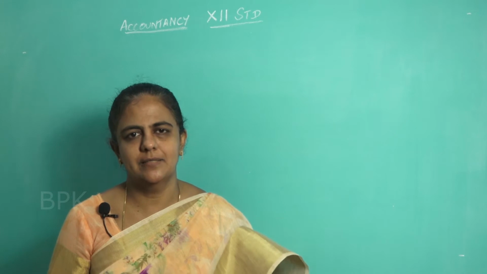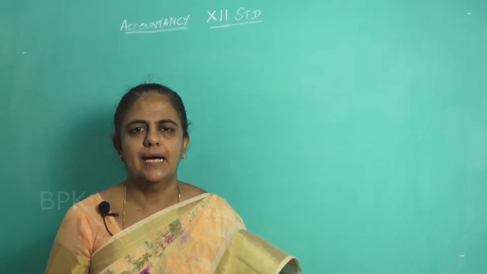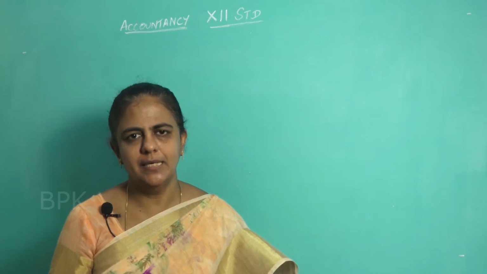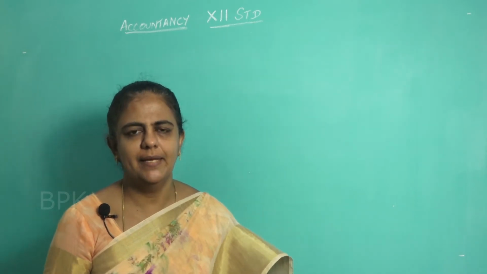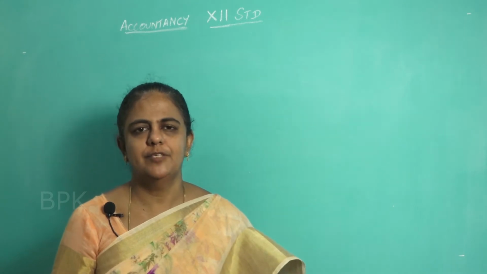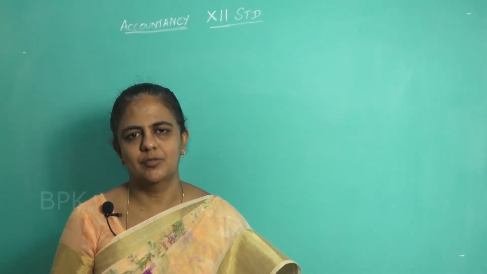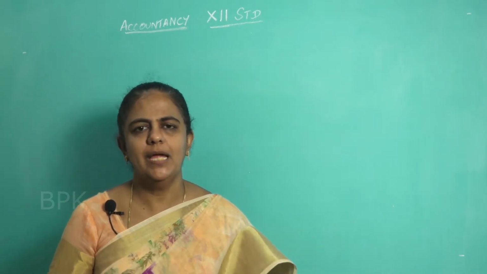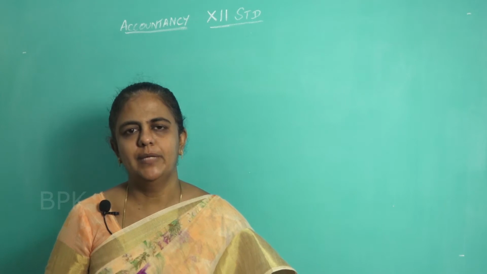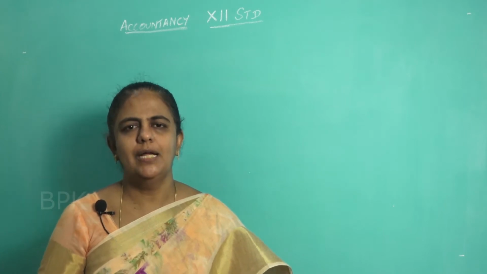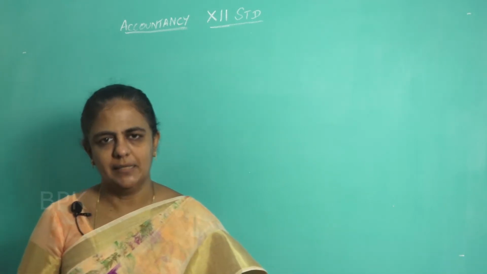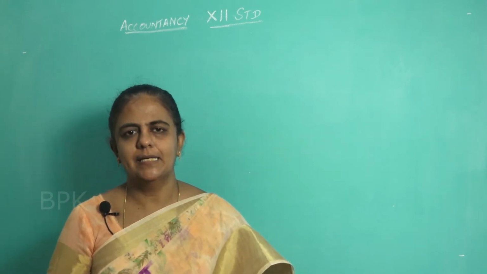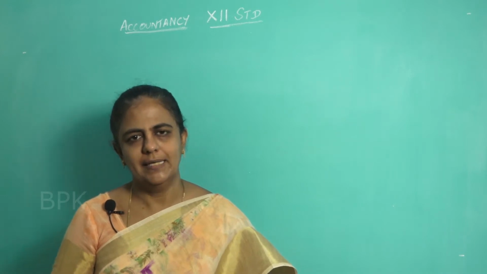Already in previous classes, I have told you that if it is mentioned in the partnership deed regarding interest on capital, then it should be provided. Suppose if it is not mentioned, then the partner has no right to claim for interest on capital. And from where are you going to give this interest on capital? Interest on capital will be given only out of the profits made by the partners. Suppose if there is any year without profit, then that year they cannot claim for interest on capital.